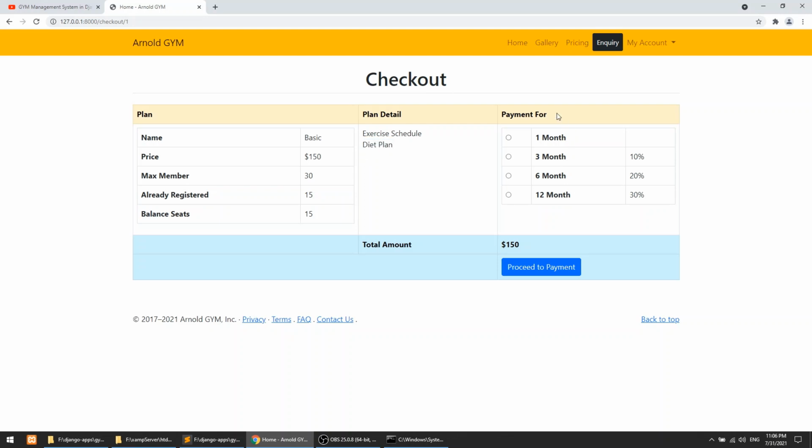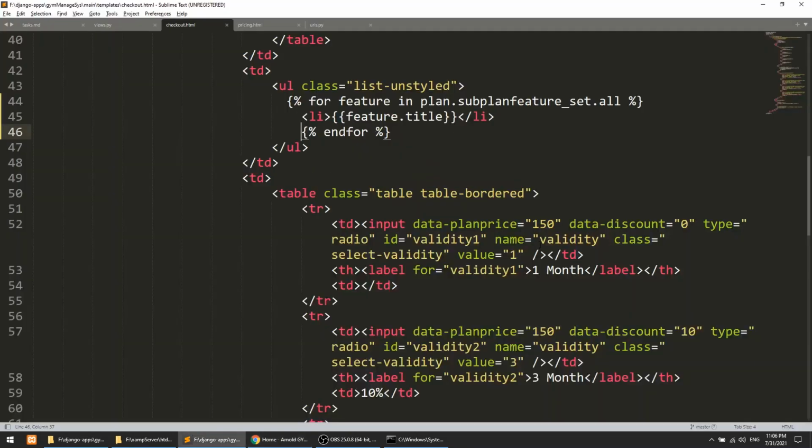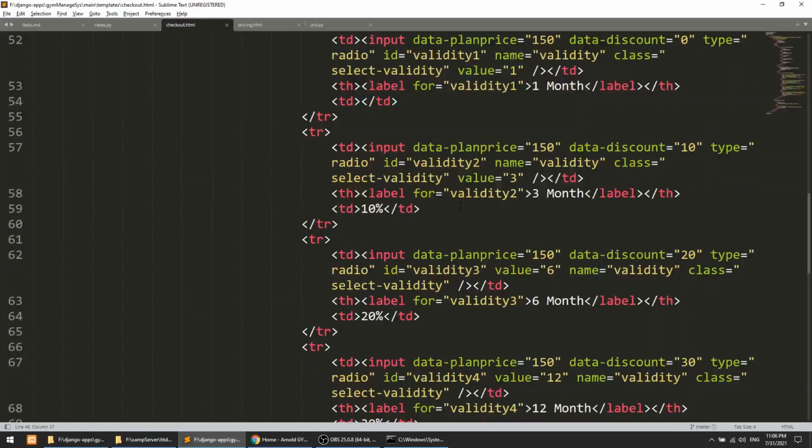Okay, now for the payments, currently these values are static. We have defined these as static, but we can make this from the database also, maybe in our upcoming videos. We will also try to put the discounts from the database, so that the admin can control all the things. Currently we are just going to put this so that I can show you how this checkout page will work, and we will apply a little bit of jQuery so that we can change these values. Okay, so here we have defined these things.